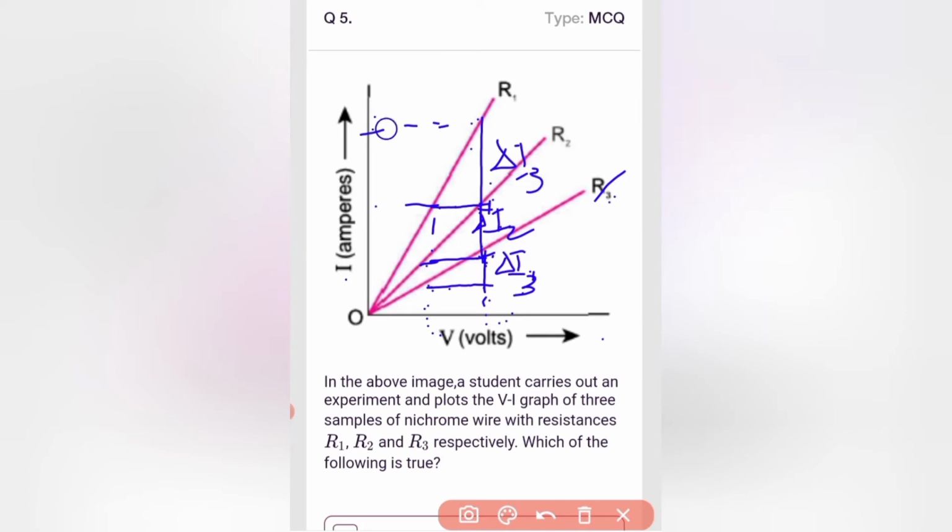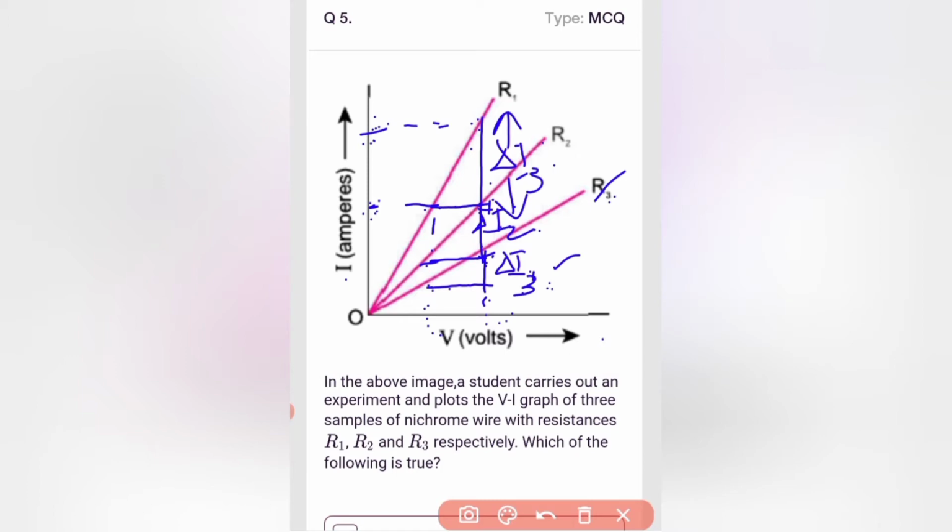Delta I3, it's from here to here. Okay, so this is delta I3. So when we take the difference of that, it is still greater. So you find that the current is more here. Delta I3 is greater. So the difference delta I3 is greater than delta I2. Delta I2 is greater than delta I3. That means the least one is going to be